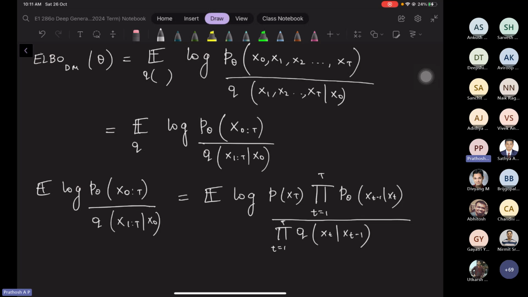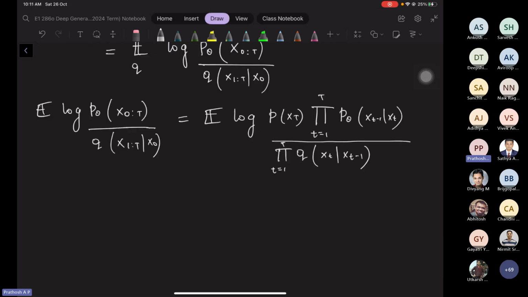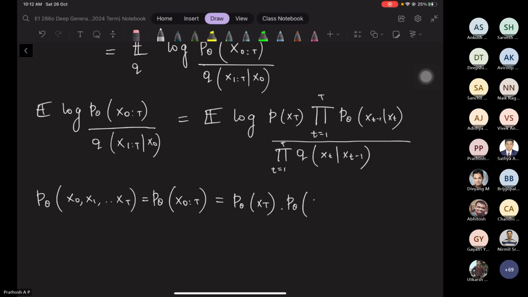Why did I write this? Now p theta of x0, x1 up to xT, which we wrote as p theta of x0 to T, is equal to p theta of xT times p theta of